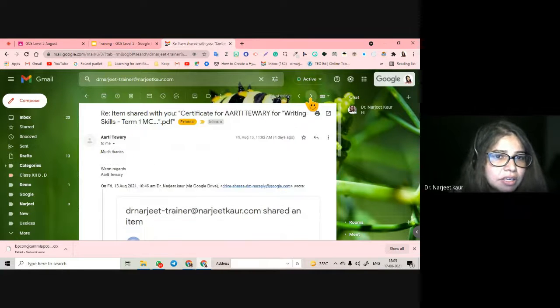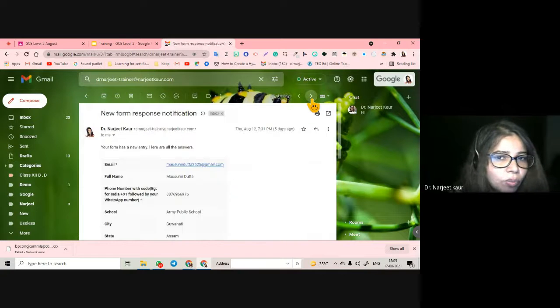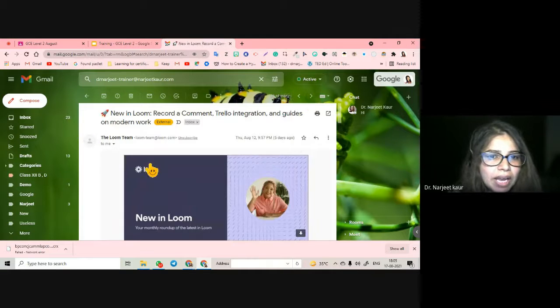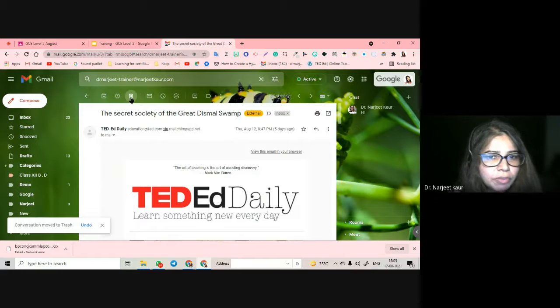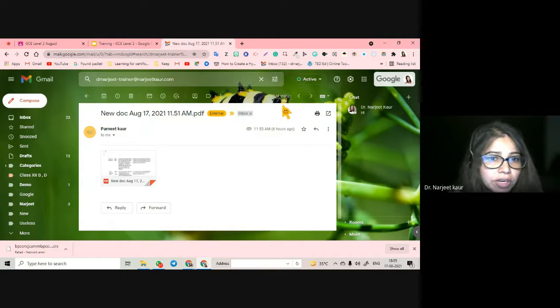All the mails from this particular person are going to open one by one, and then you can decide what you want to do. For example, this mail, I don't feel this is very important, you delete it from here. Now this mail you feel is very important, you can move to the inbox from here, right? This mail, this is not really important, you can delete from here, or you can mark as unread.